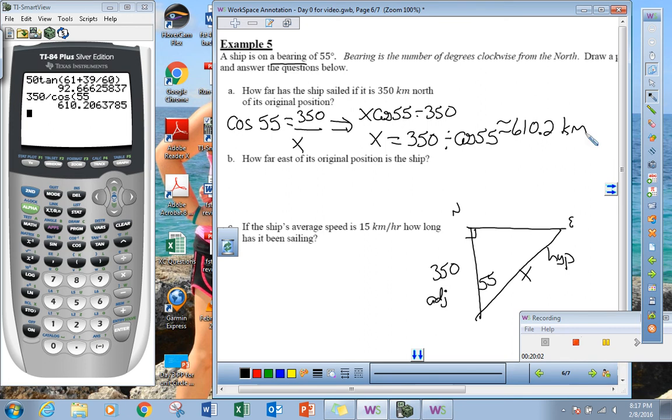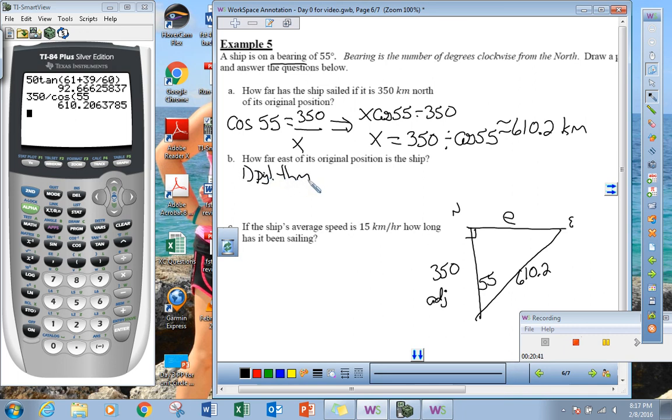So here's what we got so far. On part B it said, how far east of its original position is it? Well, now it would like for us to find that distance. So now we got a couple of things going. We now know this distance is 610.2 kilometers. So one way, I could use the Pythagorean theorem